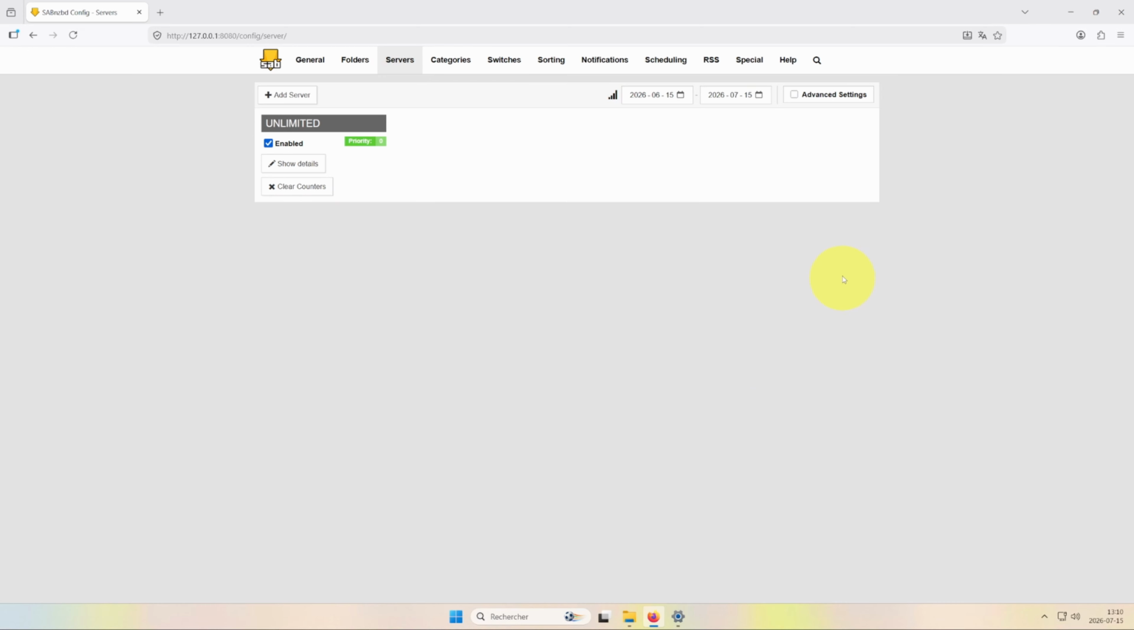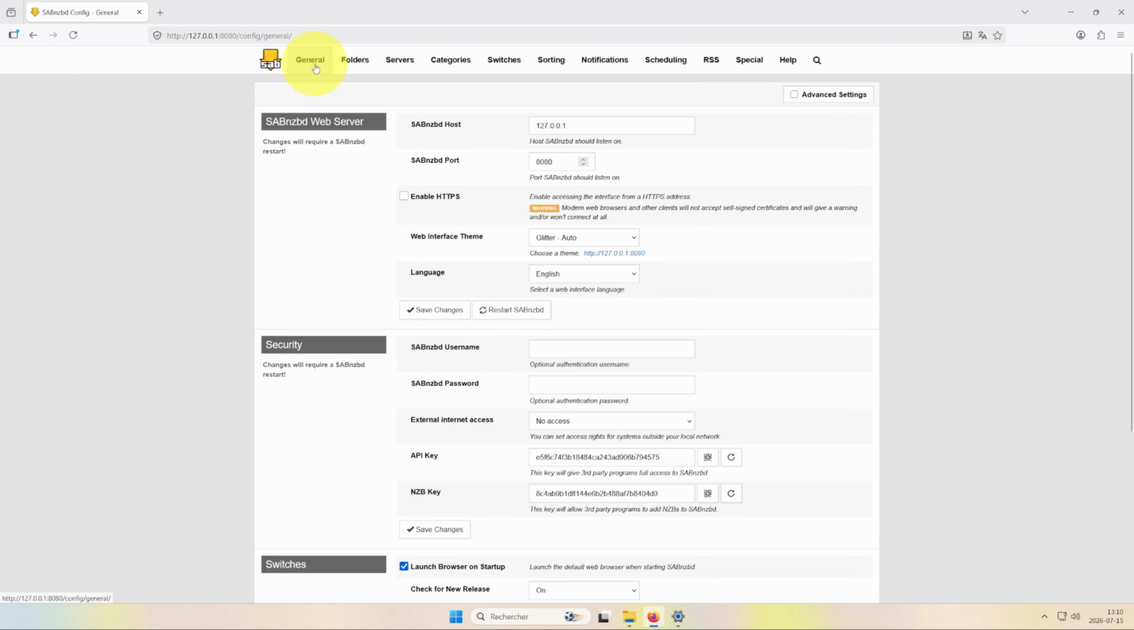Again, with the movie magic, I've deleted my block account. So I'm back in sync with you guys and I have one unlimited provider. And the next step you want to do is you want to go into General, you want to scroll down